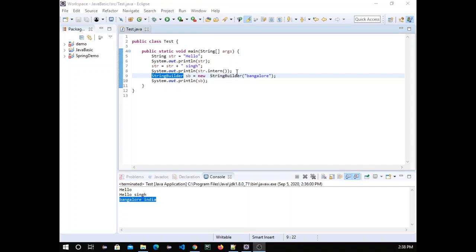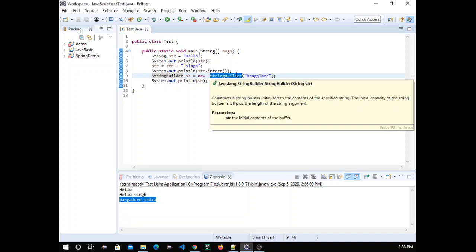So this is not thread safe. Thread safe means multiple threads can access this at the same time without problems. So that is a drawback in a multi-threading environment.